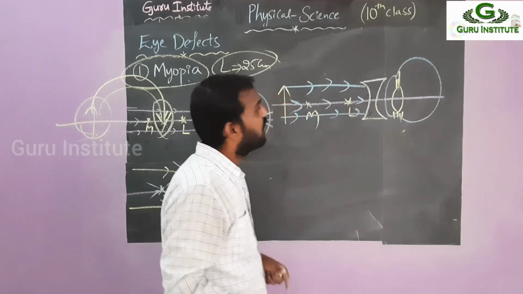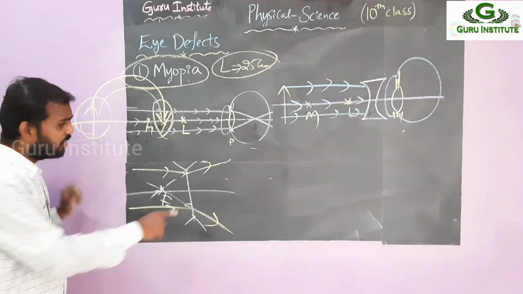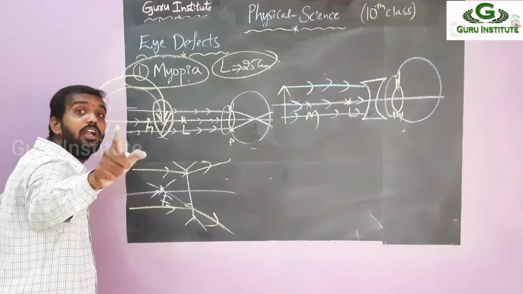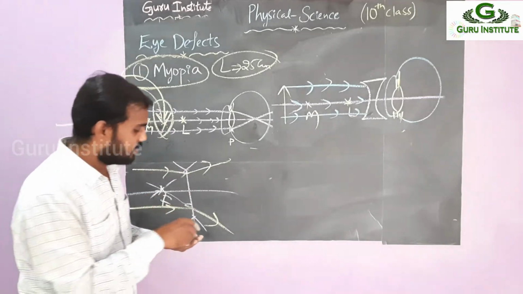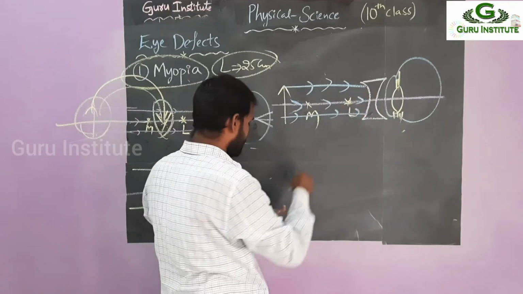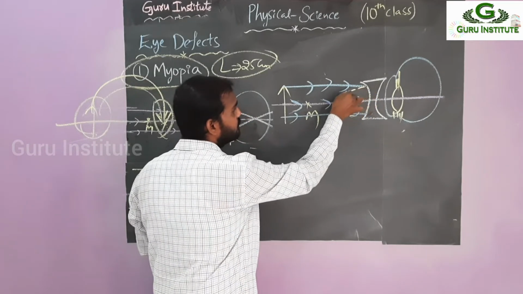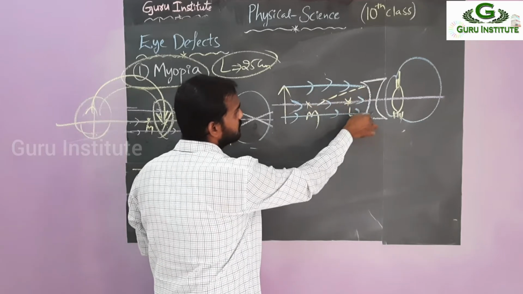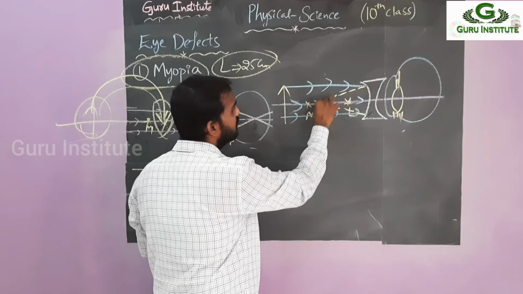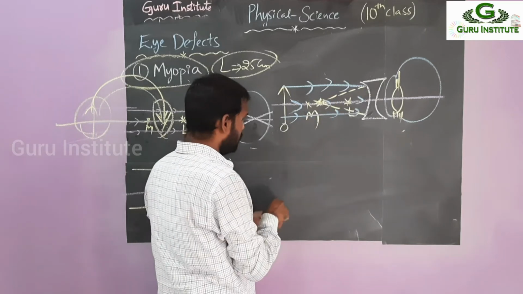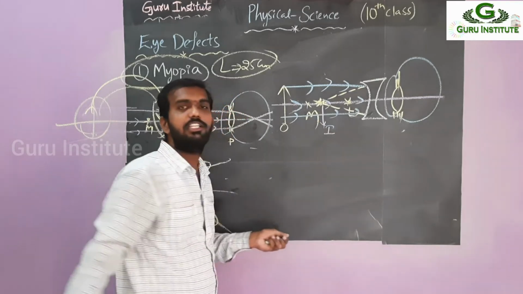So whenever the point is falling, it is going back, it is going back. No need to take this into consideration. We want what? The image only, right? So the image, where is it found? It is from the back side. So what will happen is this image, this respective image, is formed like this. Right? It is found here. This is the original object. So this is the original image. Like this it is formed.